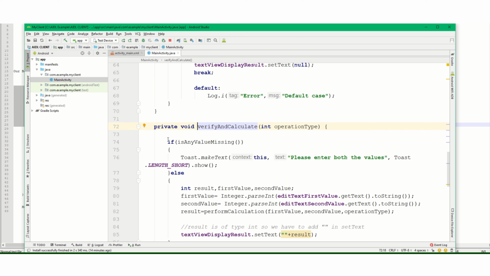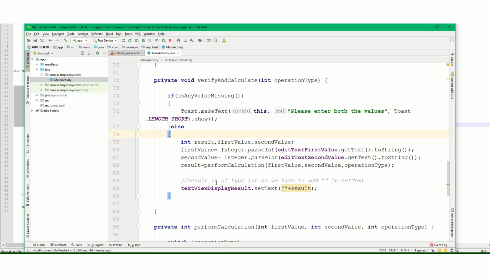So here it will check whether any of the two edit text values is missing. If it is missing, then we will have the toast, and if we have entered both the values, then the first value and the second value will take the values of the first and second edit text, and then it will go to perform calculation.